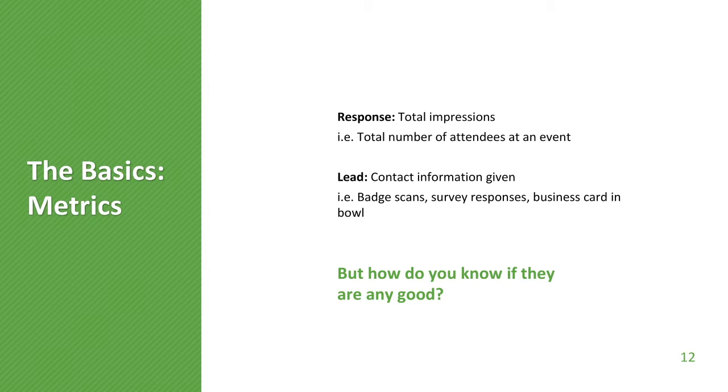So if you are going to say that, because impressions is something that people understand, when you put that there were 100,000 impressions, you should qualify that as total number of attendees at the event. Also, check in with your event salesperson that you purchased that sponsorship from, because a lot of companies inflate the numbers just a teeny bit. So see if you can dig down a little bit and find out how many were actually in the persona you were going after, whether they were customers or partners.